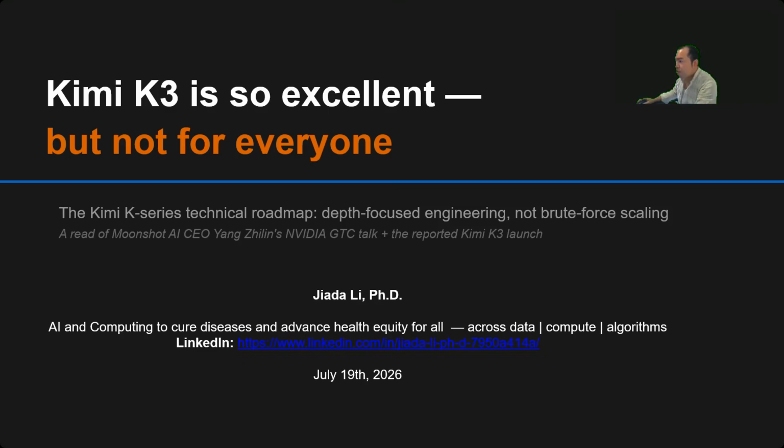The core takeaway is that Moonshot is not just scaling the parameters. They are re-engineering the fundamentals of how transformers and large language models are trained and structured. The design philosophy behind Kimi K3 has a direct consequence. It produces a model that is really good at certain tasks, while making deliberate trade-offs in others.